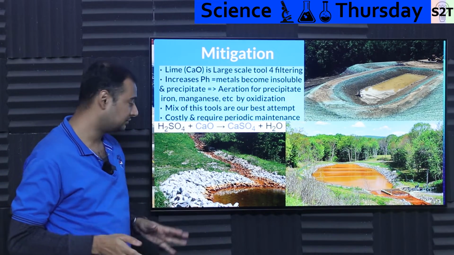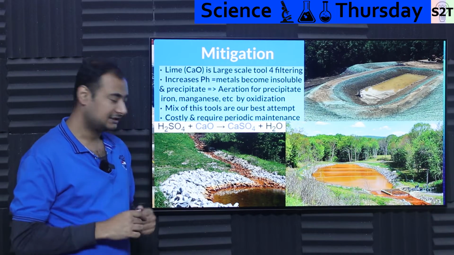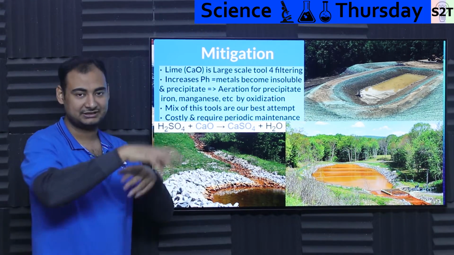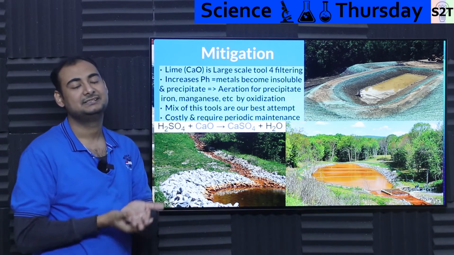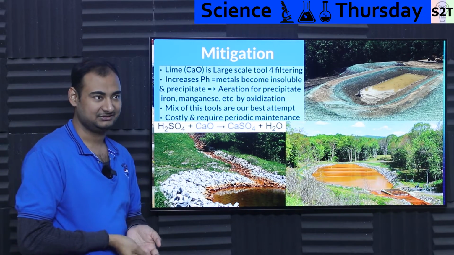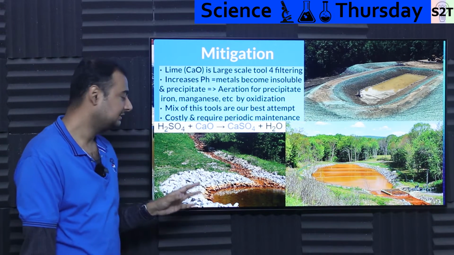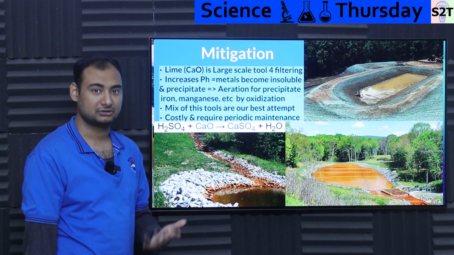It's a very low cost solution. It does work great, but it has two serious limitations. First, it requires you to keep replacing those rocks. Because here's the deal, once it's covered by iron, it's no longer active anymore. It's like you isolated it. So it's very good for low flow scenarios, but not a really good solution for long term, especially for